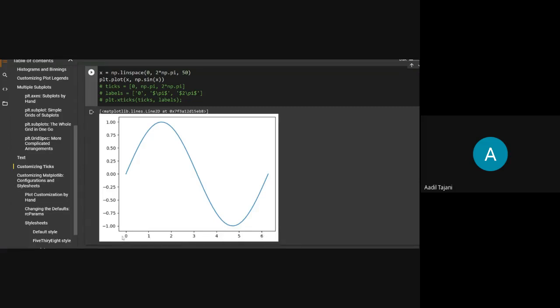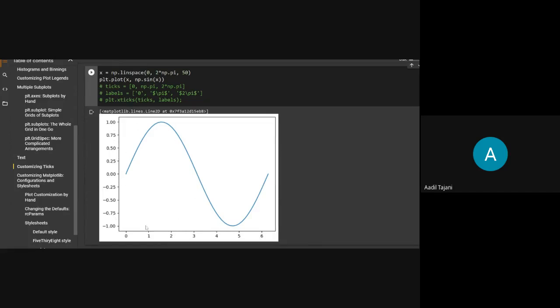I don't want to see 0 to 6 values in a sine curve. What I want to see is the 0 value, the pi value, the 2 pi value. Where is the pi value? Where is the 2 pi value? And where is the data of that value? So there comes the text. The text that you see here in the axes, these are called x text, and these are called y text.